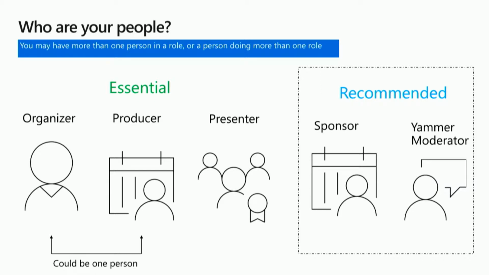But from a quick study of this, the organizer is the one who schedules and creates the event. They're kind of the point person for the live event. They're assigning people's roles. It's their overall game plan. The producer handles the technical qualities of the event. Many of the people here are technical, but if you don't understand how to connect the video feed into the live event, which you'll learn here today,